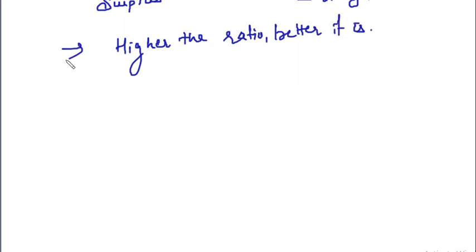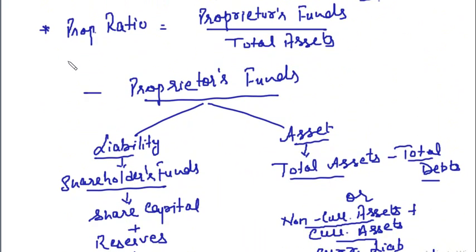because if more of the assets have been financed through own funds, that means the position of the business is quite good. Business is able to generate sufficient profits, and from those profits, the business is able to finance its assets. Profits belong to whom? The proprietor. That is added in the proprietors' funds. So if the business is generating sufficient profits and is able to finance the majority of its assets from those profits, that means the proprietary ratio in that case will be high, and that is a good sign for the business,